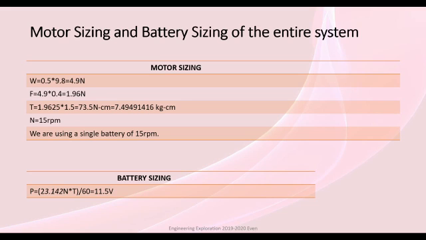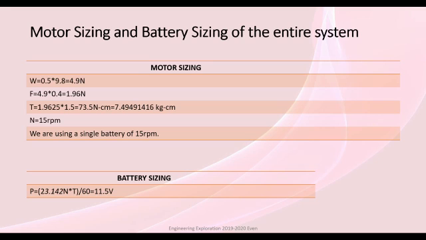To calculate the frictional force, we need the product of weight and the coefficient of friction, which used here is 0.4. The product of those two will be 1.96 newtons. Hence, to calculate the torque, we need the product of the frictional force and the perpendicular distance, that is 1.5 centimeters, which will be 73.5 newton centimeters.